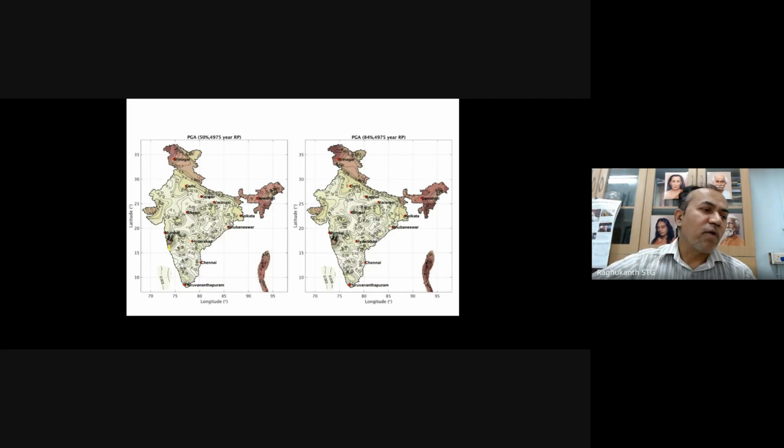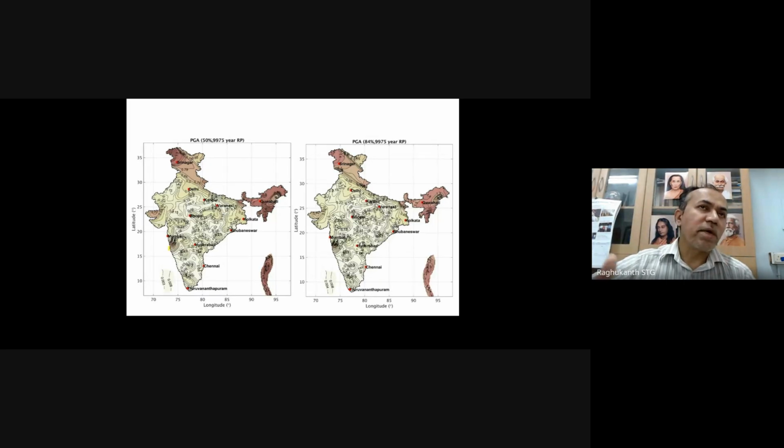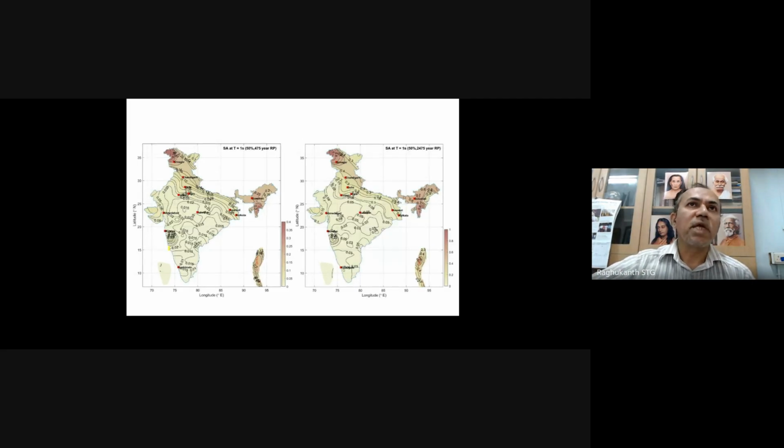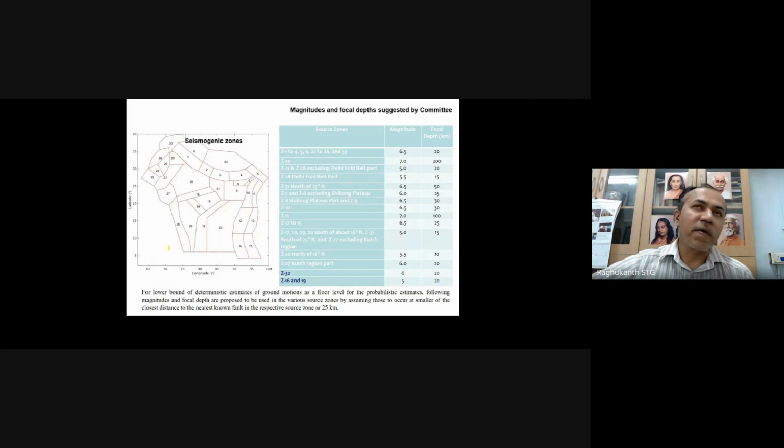Similarly, this is a 5,000 year return period. Of course, as return period increases, the design PGA also increases, and this is the 10,000 year return period. These things are very important for important structures like nuclear power plants and other types of structures. Similarly, once we have done the calculations for the entire spectrum, we did these contour maps for 0.2 second. I'm just showing you 0.2 second. This is what they call in international codes the short period coefficient. This also has been computed for a variety of return periods.